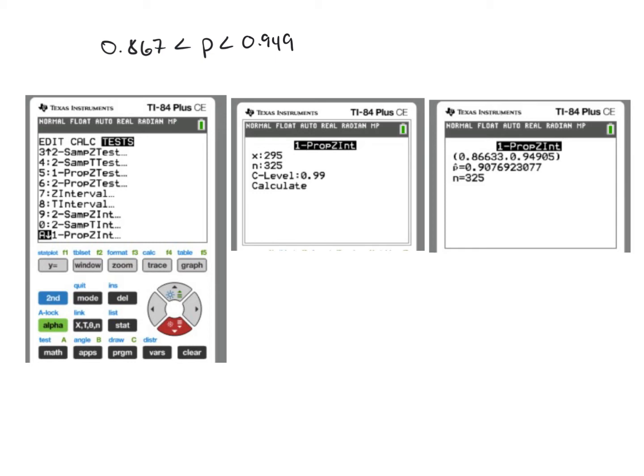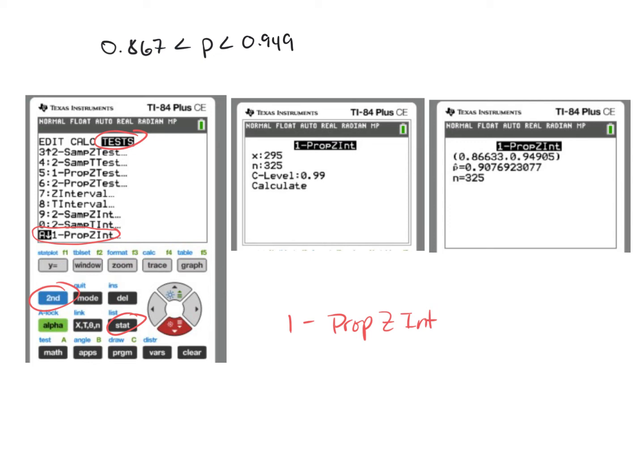On your calculator, you are going to press the second button and then go to Stat. This time you're going to tab over to the third tab and scroll all the way down until you see 1 proportion Z interval. 1 proportion Z interval is what you're going to use on your calculator anytime you want to calculate a